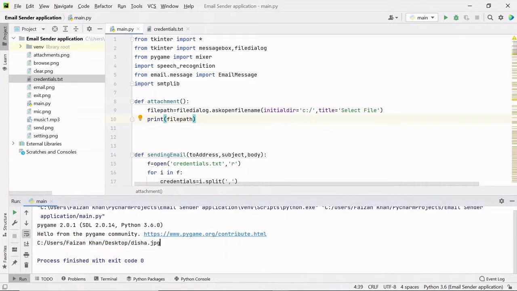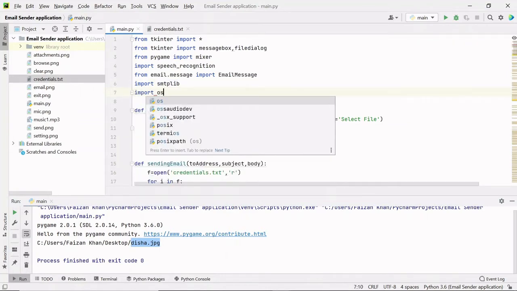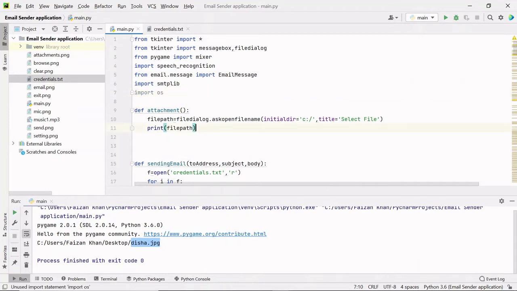And now I want to insert this file name onto my text area so that it will be understood that this file is selected. For that, firstly I'm going to import the os module, which will help in getting the file name. So I'm not going to print anything.